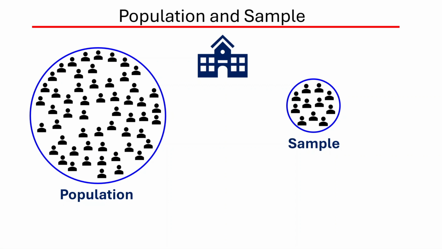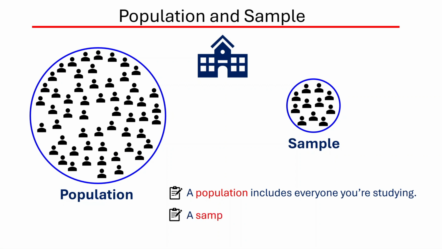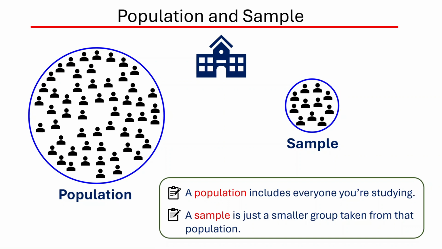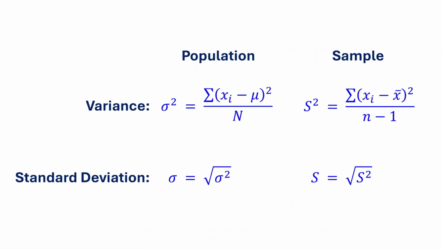So, what's the key difference? A population includes everyone you're studying, while a sample is just a smaller group taken from that population. So why does this even matter? Because when calculating variance and standard deviation, we actually use slightly different formulas depending on whether we're working with a